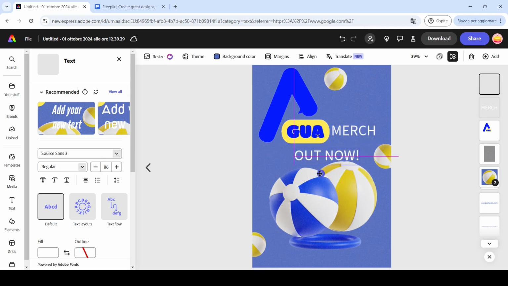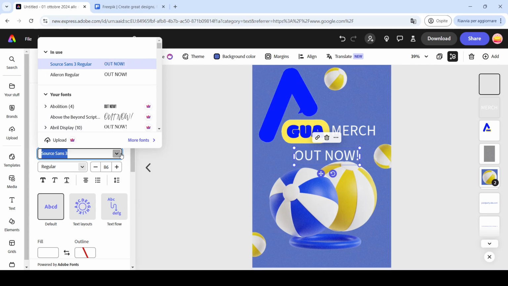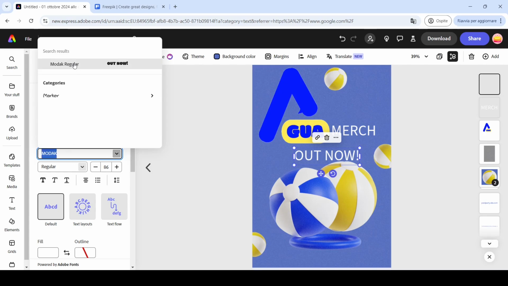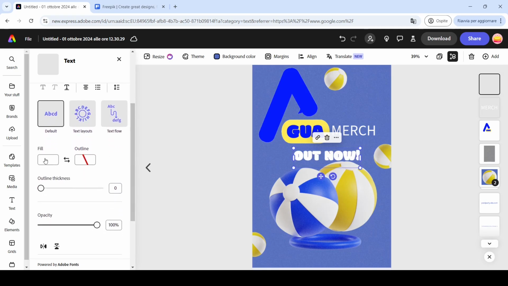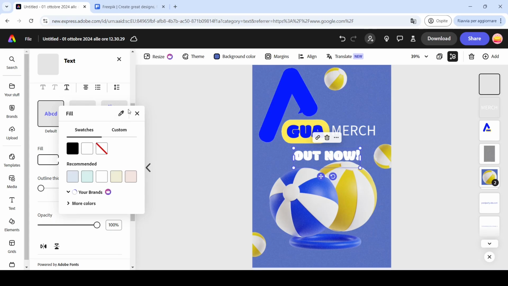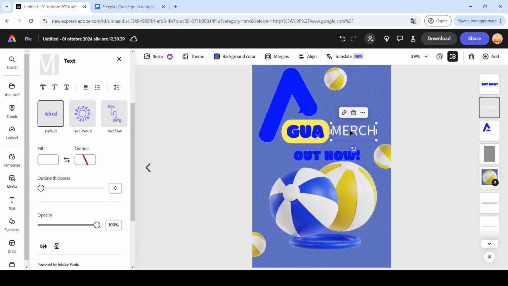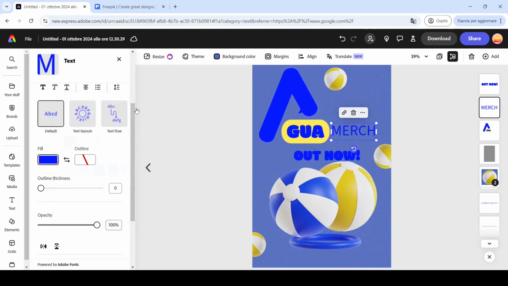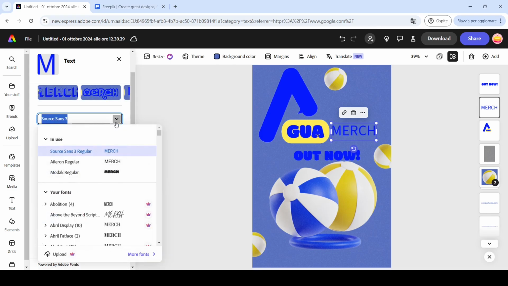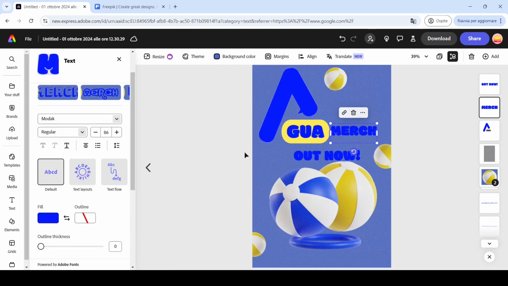In this way. Then we can change its font and its color by moving to Fill and then selecting this tool. We can pick the same exact blue of our logo in this way. And we can do the same with the word merge. Now we can adjust the sizing